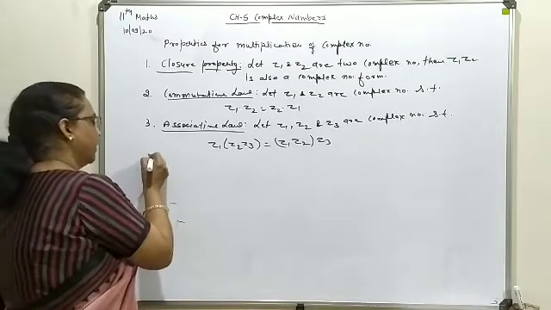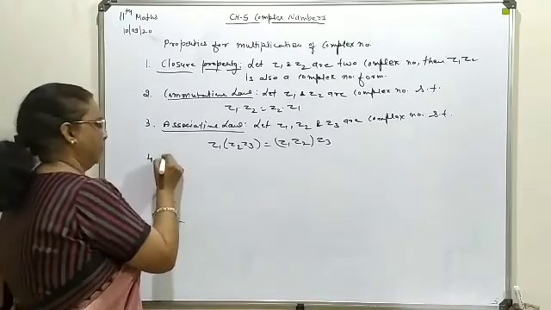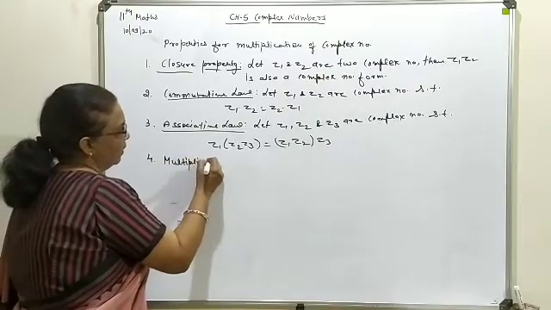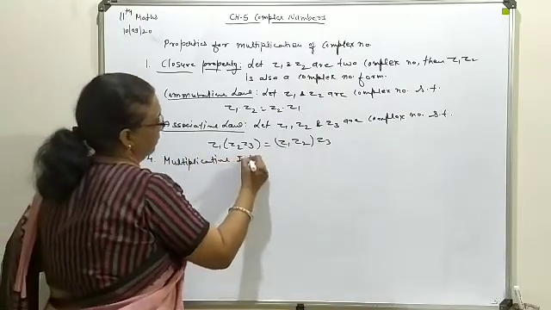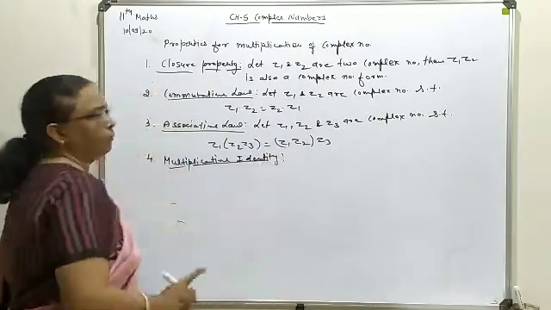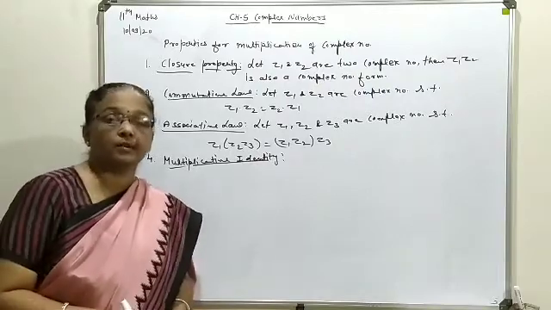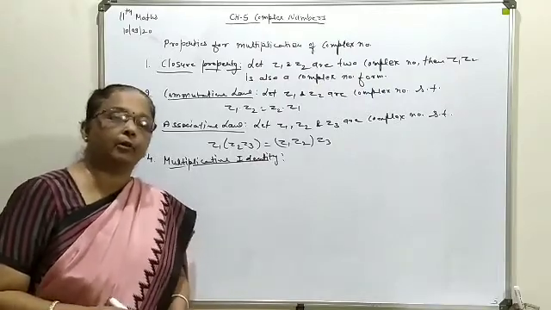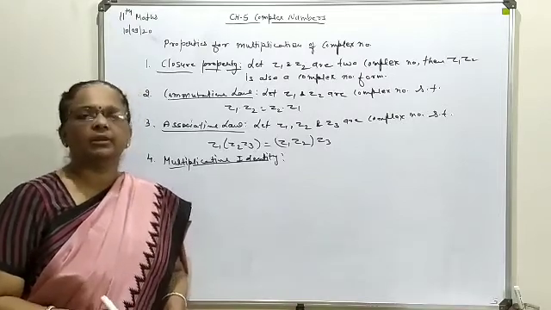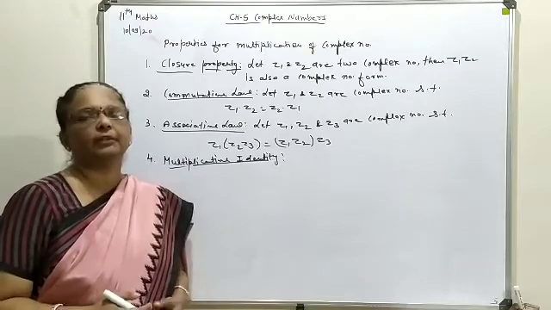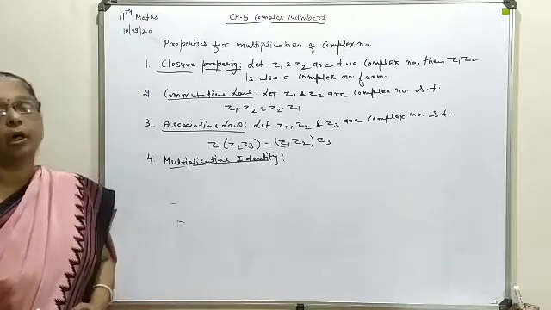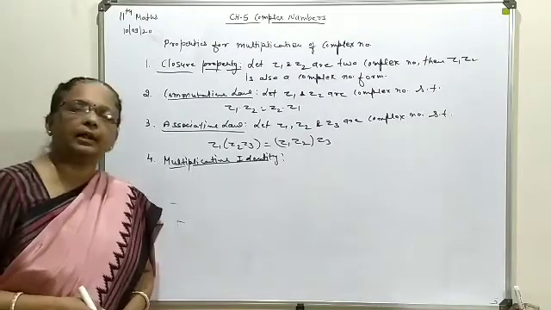Now the fourth is the multiplicative identity. Multiplicative identity means you have to introduce one complex number in such a way that if you multiply it with any complex number, you again generate the same complex number. Normally, for a normal case, suppose a is any number, so 1 we write as the multiplicative identity. So here, in complex number form, obviously the identity will also be in complex form.